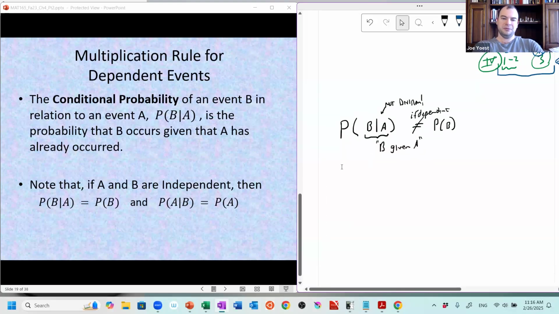So probability of B given A, we can think of it a couple different ways, just like any of these probability statements. We're mostly going to think about it mathematically at this point. We can think of it kind of as frequentists. We can say, okay, on 100, say, similar days where event A has occurred, when it was less than 20 degrees outside, on how many of those days did it snow? Where probability of B just says, on 100 days, how many of those days did it snow?